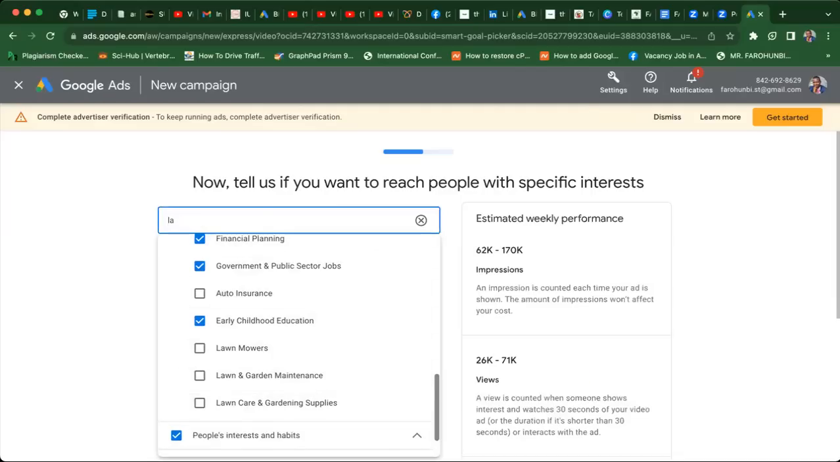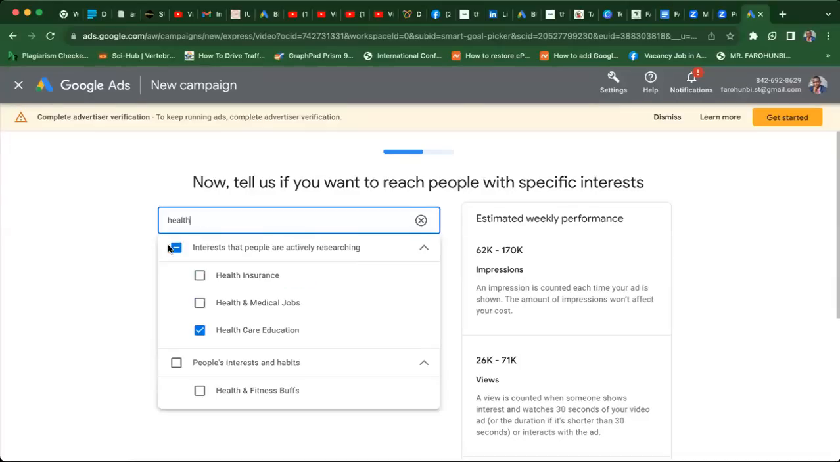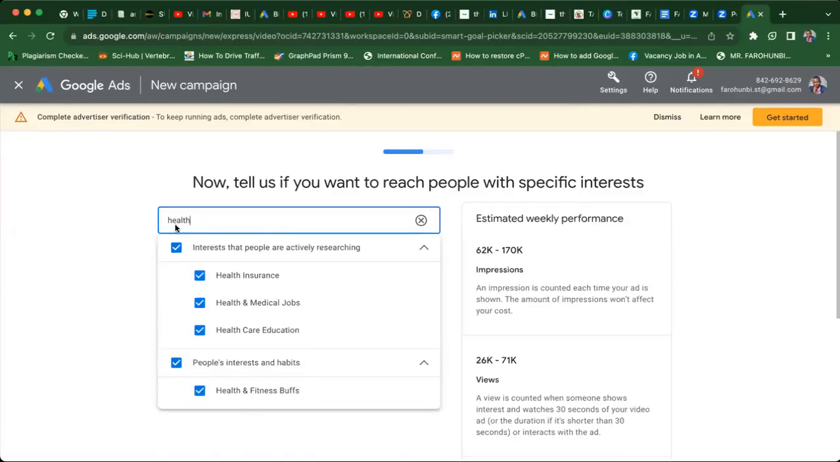So I also want people that are interested in health, anything health. I want health and medical jobs, health insurance, health and fitness buffs. So I want people like that. So I also want people that are also interested in